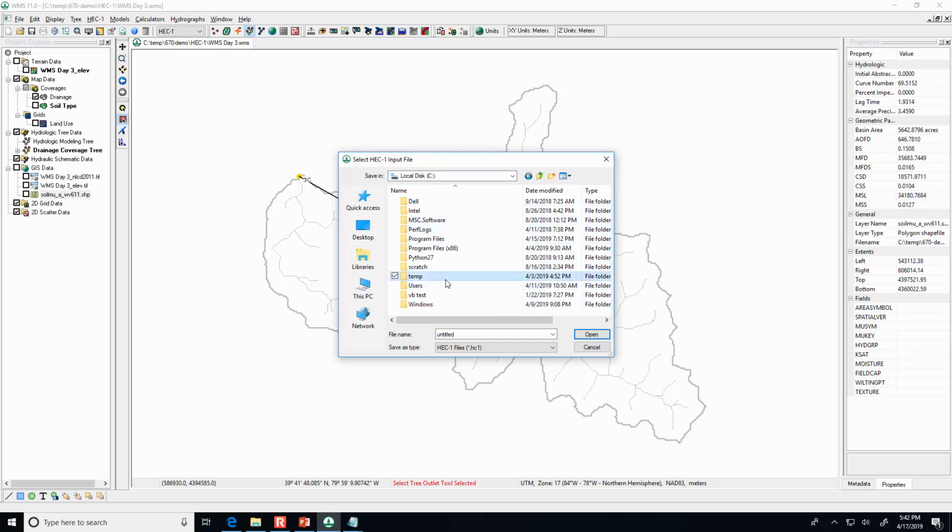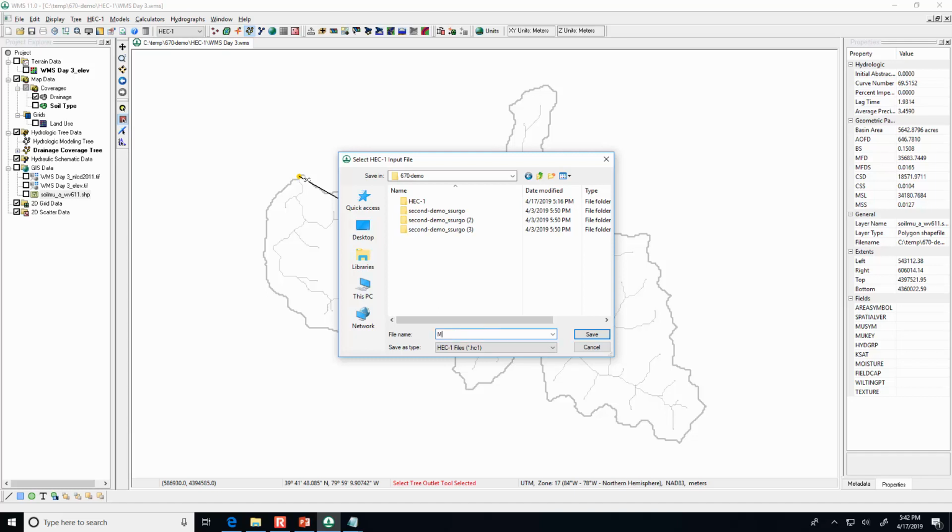And so it's a good idea to try and save the HEC-1 file pretty close to the root of the C drive. So what I'm saying is if it's a folder within a folder within a folder on your desktop, you might get an error message. Not always, but oftentimes there's error messages.